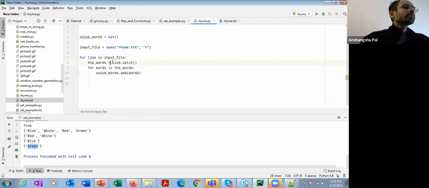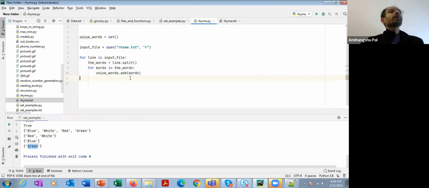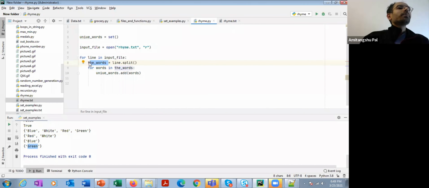So I'm reading it line by line, splitting it with space as a delimiter, and storing the elements coming out of this function in a list. And then I'm reading from the list one by one and adding it to a set. The purpose of storing it in a set is that I want to list down the unique elements. If I just print the list, it is going to print all the repeated elements, like twinkle twice.